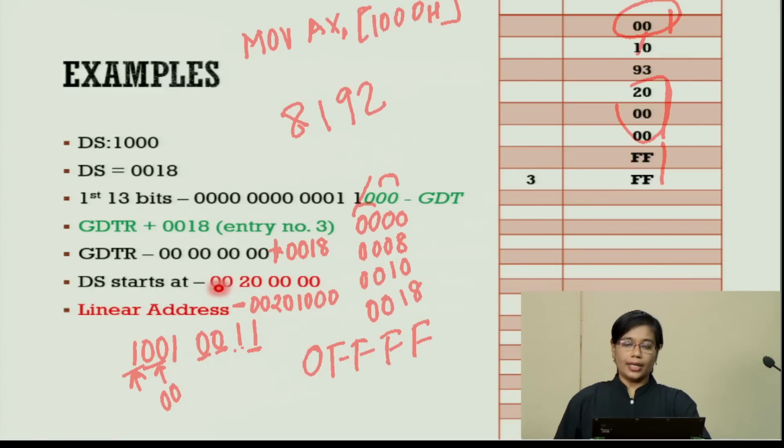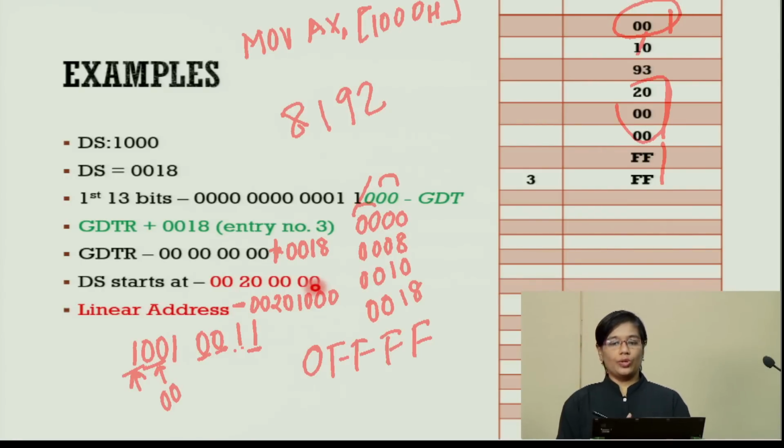So the segment part is obtained by using the selectors. The selector is going to be pointing towards a descriptor in the descriptor table, and from there we get the starting address of the segment, to which we will be adding our offset in order to get the physical address. Now why am I calling it the linear address rather than the physical address? We'll see that when we come to future sessions where we talk about paging. But this is how address translation takes place, provided the descriptor is in the global descriptor table.